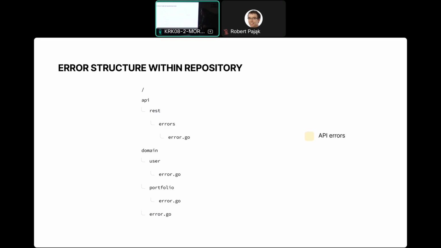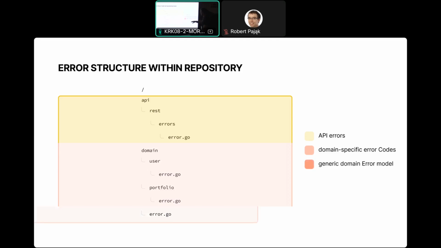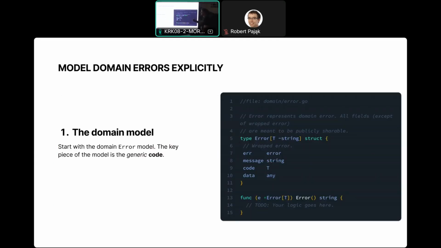So what you have here are API errors, domain-specific error codes, and a generic domain error model. Something like you can structure your repository something like that. Now, what is very useful is to model the domain error explicitly in the domain itself.